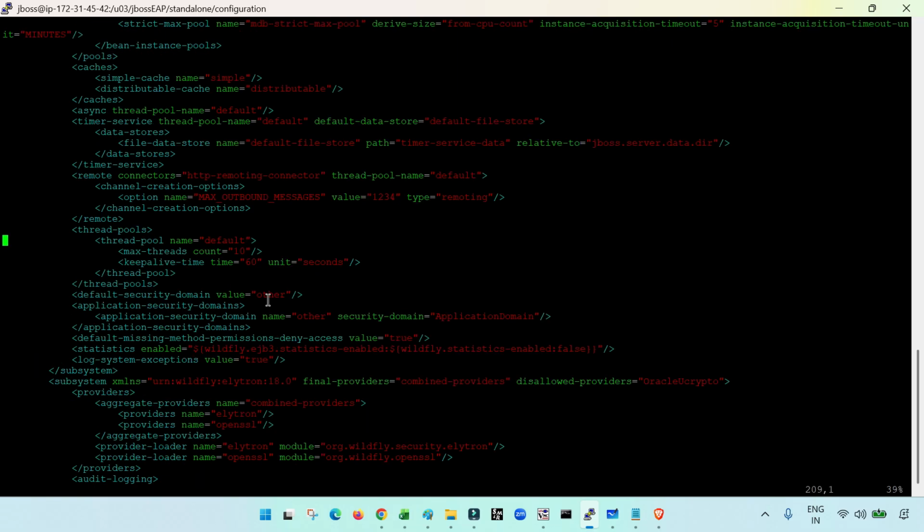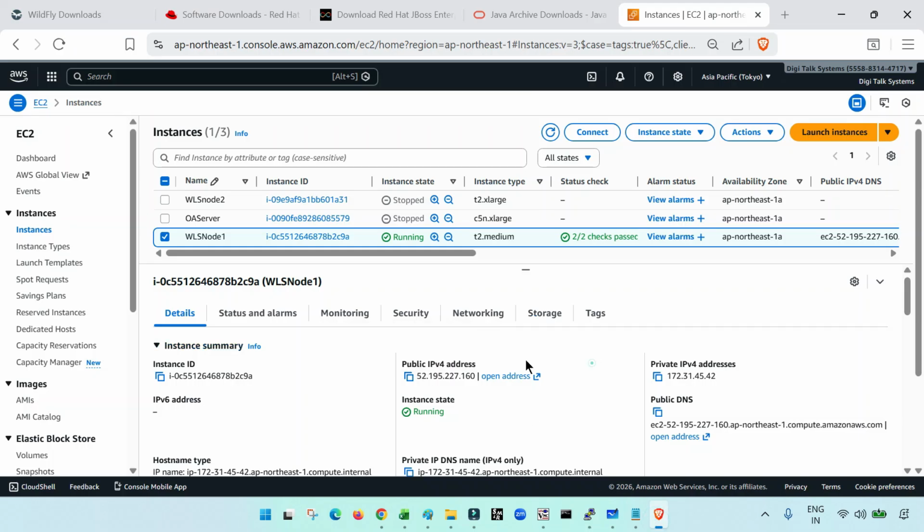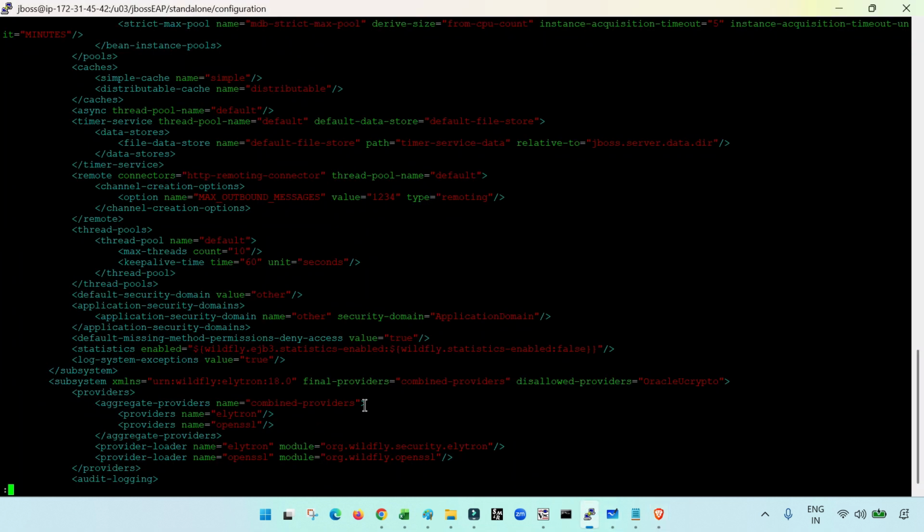So what I need to do here is change this 127.0.0.1 with the actual IP address of my machine. And what is the actual IP address? This is my EC2 machine, and this is the private IP of my machine. So I need to take this private IP and replace